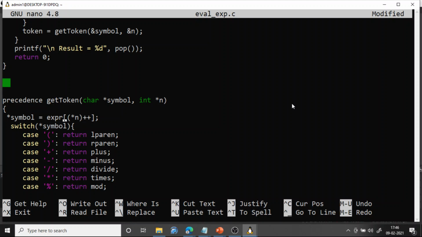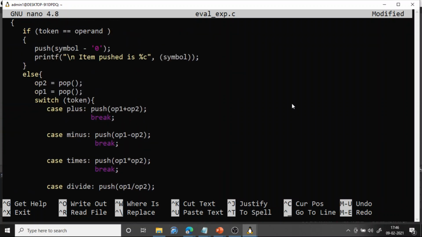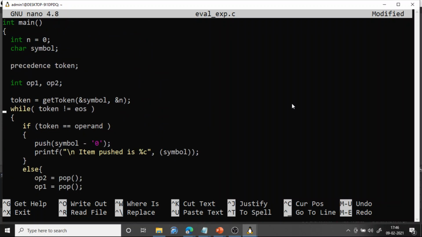And we are taking character by character from the expression, and we are checking what it is. If it is the left bracket or right bracket, then we are returning the appropriate thing. In the default case, we are returning operand. If it is a \0, the last character, then we are returning EOS. Okay, and accordingly it will return, and then we check while token not equal to EOS.